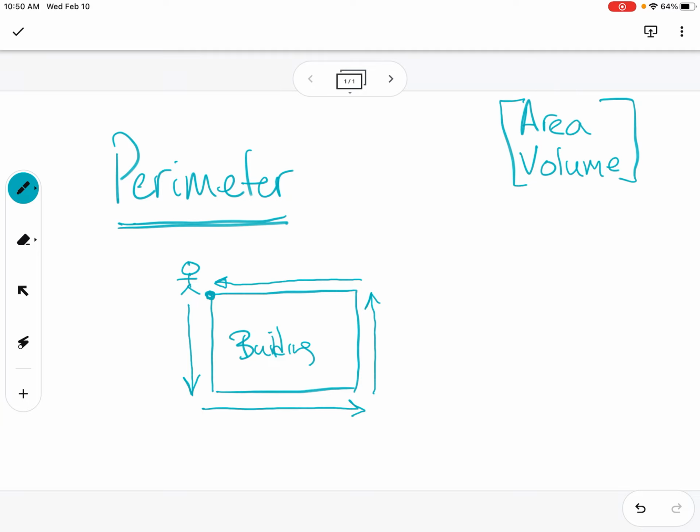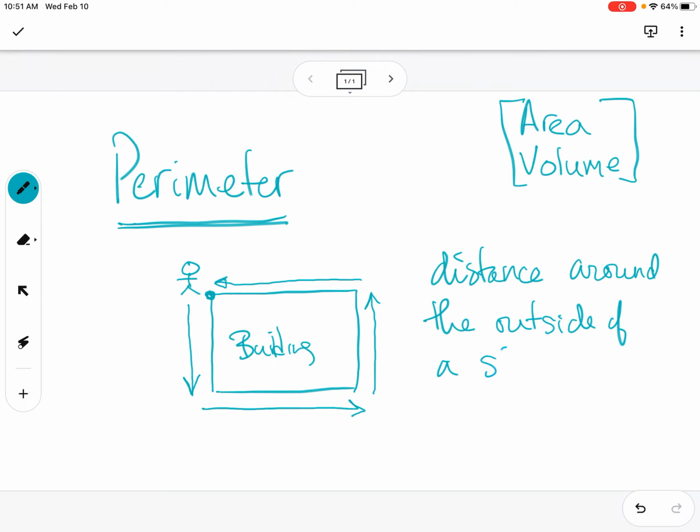So the person would have walked all the way around the outside of the building. And this is a really helpful mental image when we think about the idea of perimeter, because perimeter is really the distance around the outside